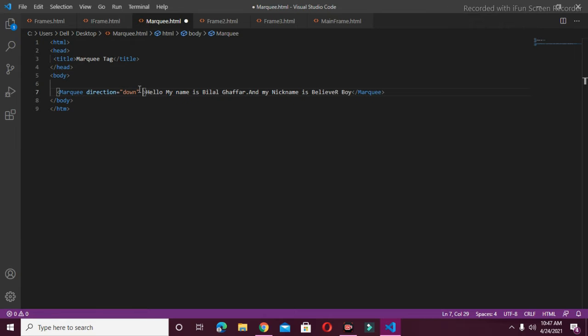I will insert an attribute, which is scroll amount. If I simply write here scroll amount, I will give it a value, let's say for example 30 here. 30 means here 30 pixels. I will simply save this, and now if I move back to my browser and refresh this,